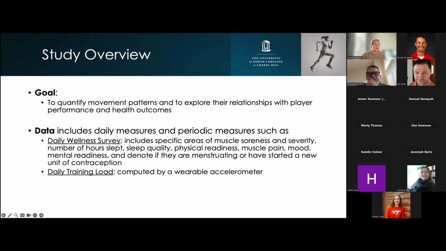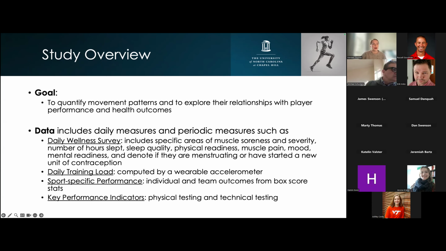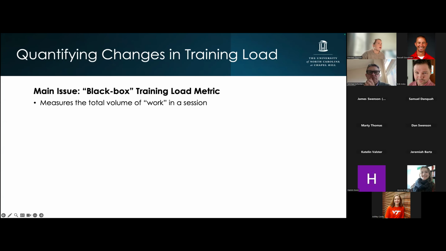And so then additionally, we have their daily training load, which is computed by the wearable accelerometer with the GPS data. We have sports specific performance. So we have their individual and team outcomes from box score stats. And then we also have some KPIs for physical and technical testing that they do throughout the season as well. And so the main issue that I am working to tackle to start out with is that no